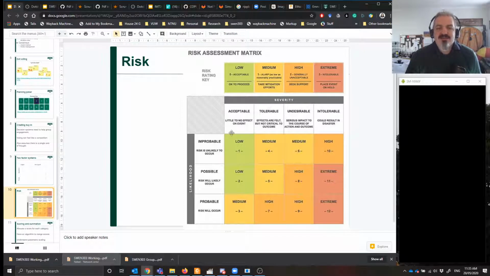Low risk, improbable, we don't do much about it. Extreme, it's intolerable, it will destroy your interface, and it will occur to everybody, right? So these are extreme risks and things you would have to solve. This also gives you colorization, and it uses a